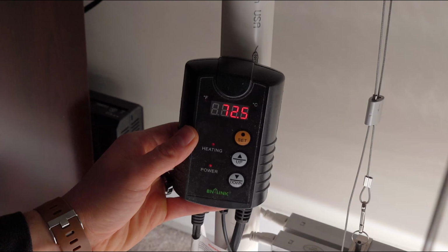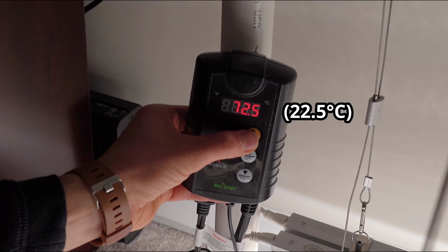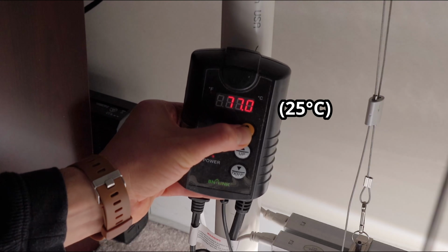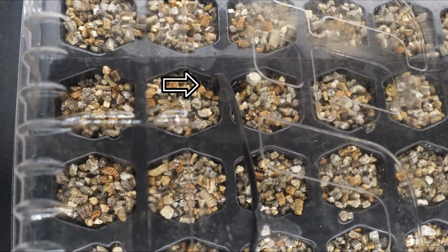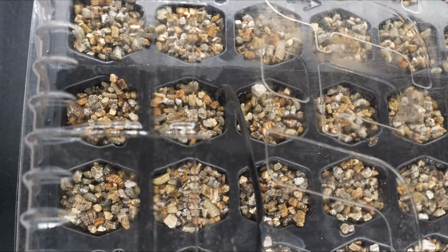This is my seedling heat mat thermostat right here. You'll see the soil temperature is currently 72.5 degrees Fahrenheit. I have it set to 77 degrees. I have the probe embedded right here so I get accurate soil temperatures, and the thermostat is going to maintain